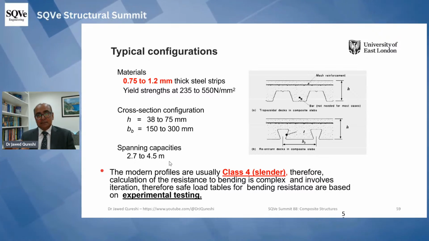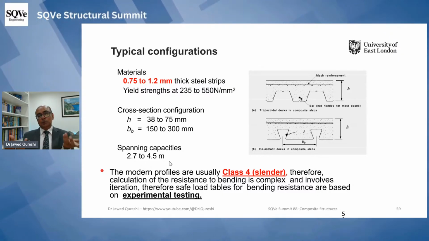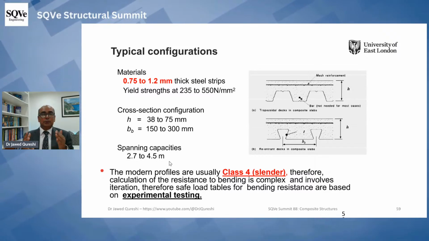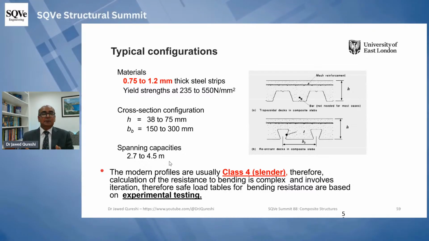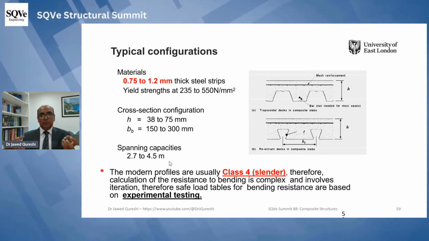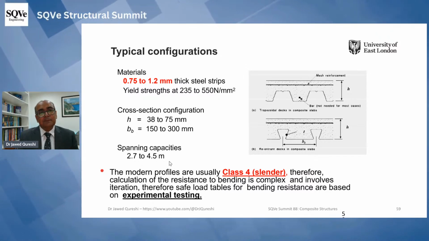Now, why is bending resistance of sheeting important? Why do we need it? What's the purpose? In my opinion, we need it because we want to ensure that when we are putting concrete on top of sheeting, it does not bend excessively. And when workmen are on top of steel decking, it does not bend. So we need to have that bending check.